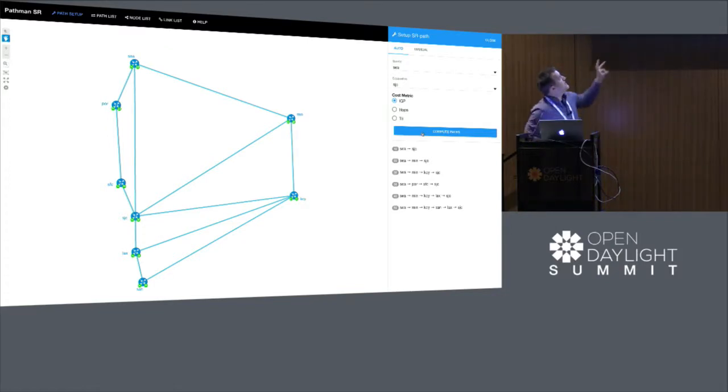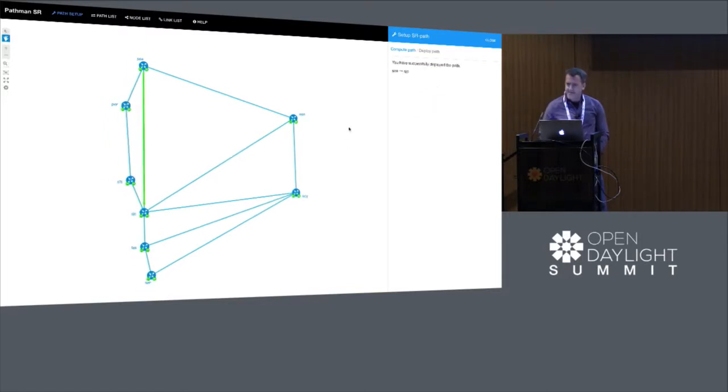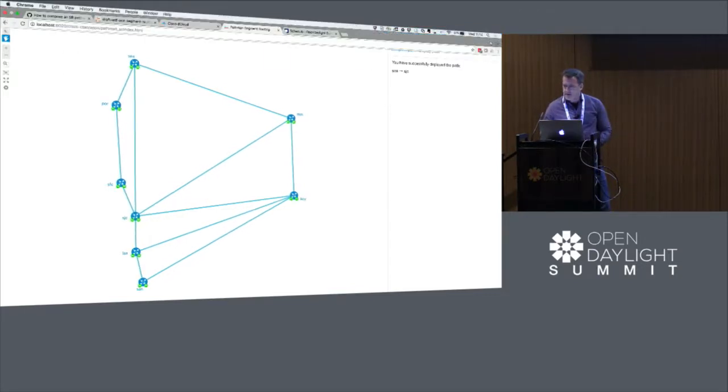Or if we don't want to do that and have the system calculate paths for us, then we can go in a manual approach and just point and click to get something across the network. So Seattle to San Jose, deploy the path. Yes, and the path's now been deployed. So that's very simple, of course, but what we can do,